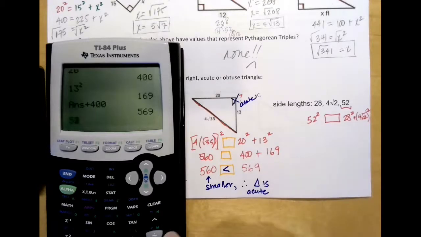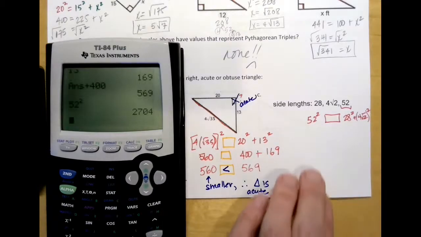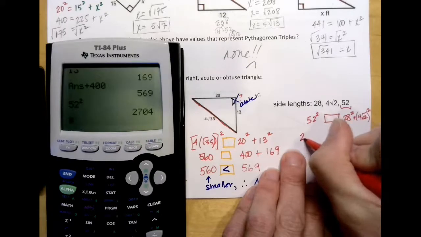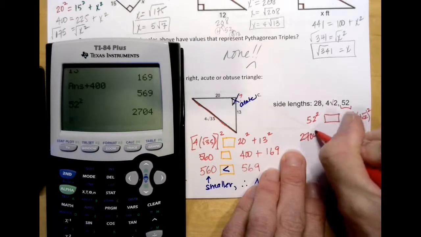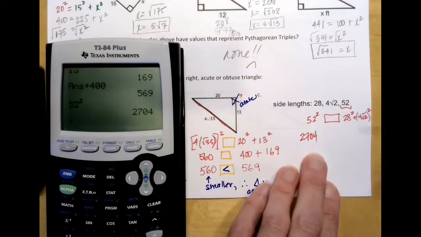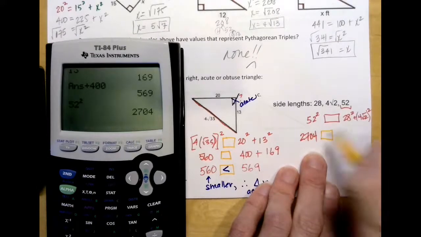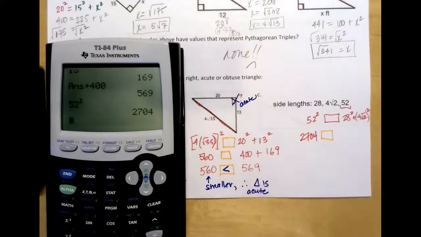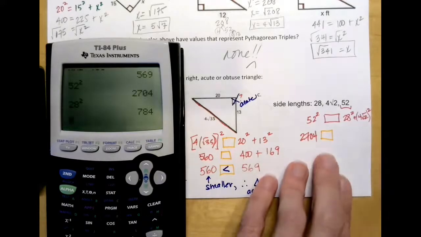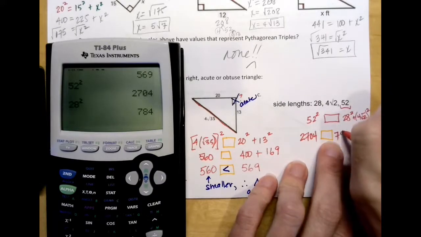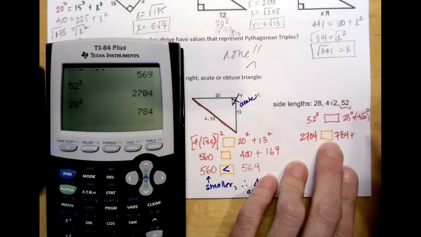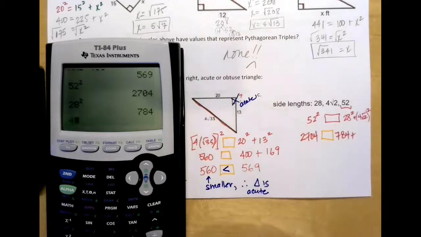So 52 squared is equal to 2,704. And I'm comparing that to 28 squared, which is 784, plus 4 times the square root of 2